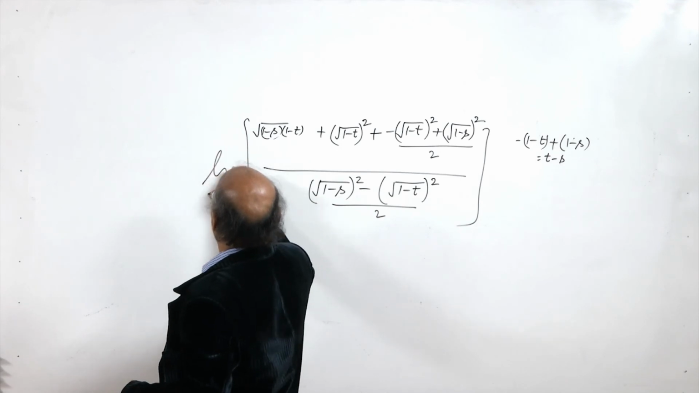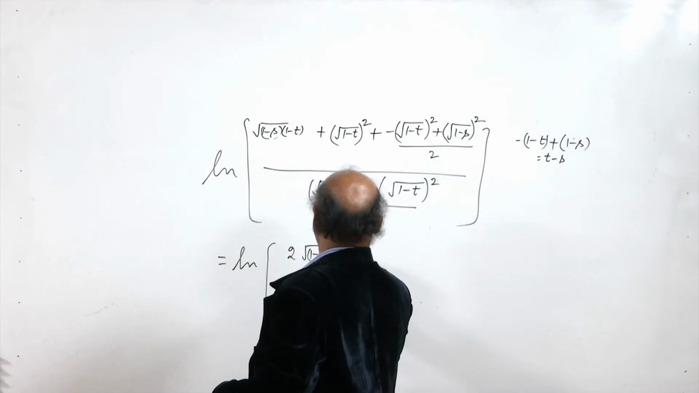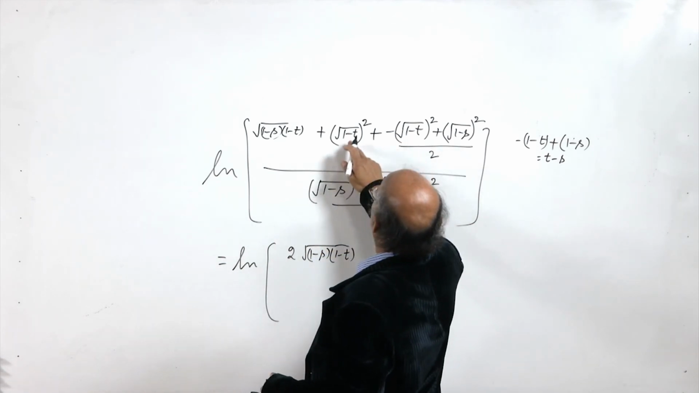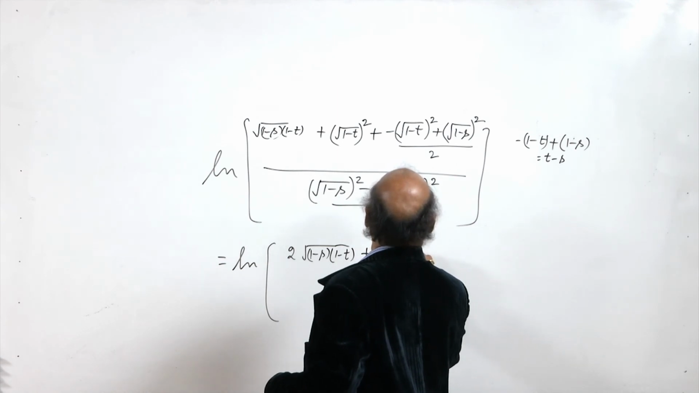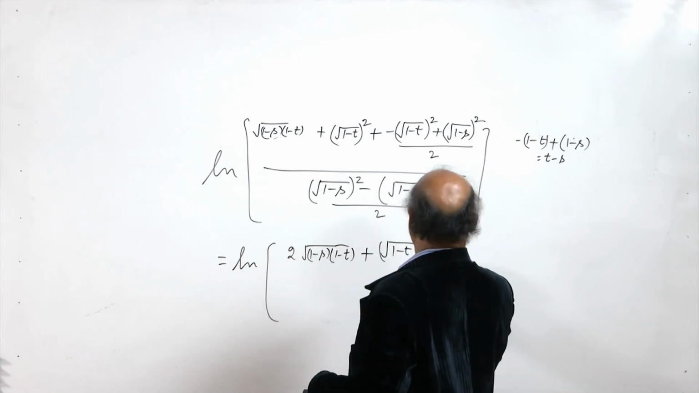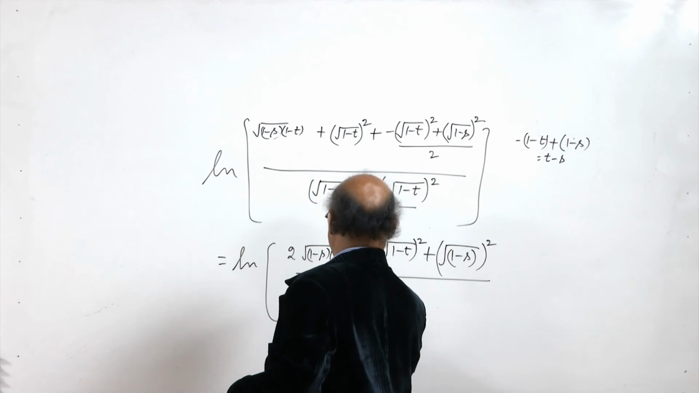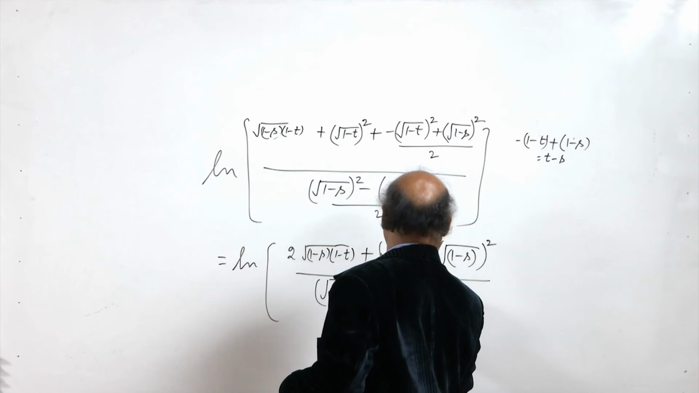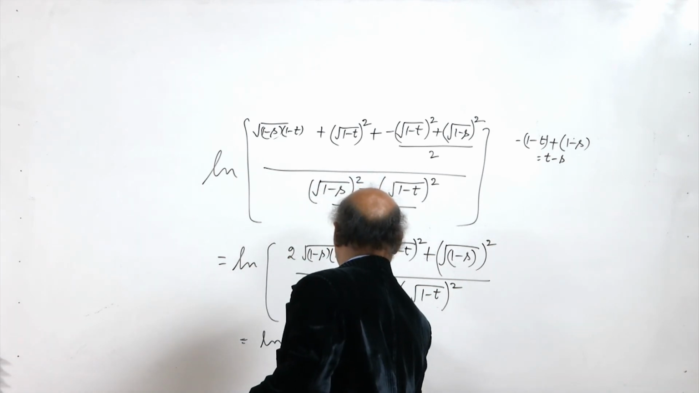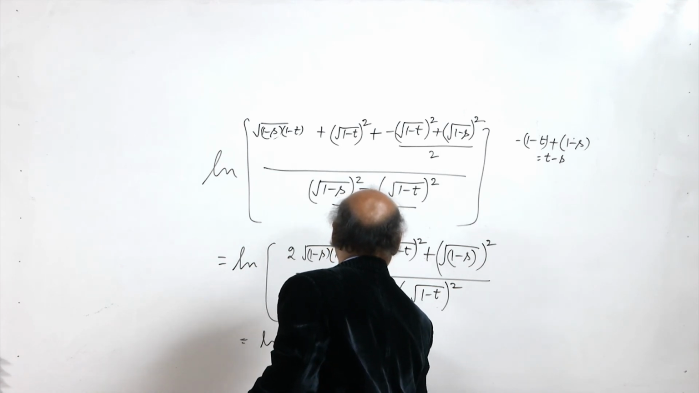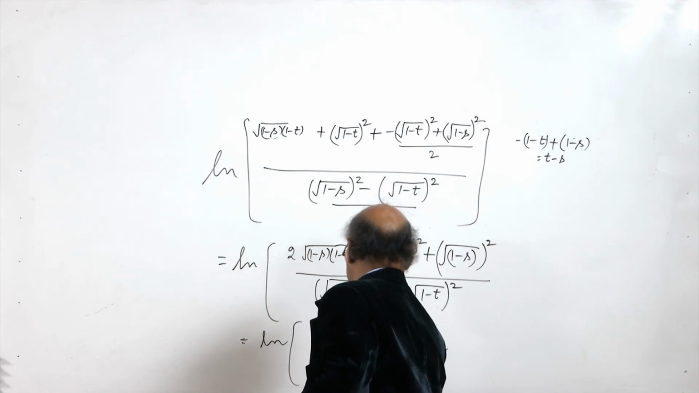So ln of this quantity is equal to ln of, here we can write it as 2 times square root of (1 minus s) into (1 minus t), and this is under root (1 minus t) whole square. From this we are subtracting under root (1 minus t) whole square by 2, so we will get plus sign. So we will have under root (1 minus t) whole square plus under root (1 minus s) whole square, and then in the denominator we will have under root (1 minus s) whole square minus under root (1 minus t) whole square, and now this is ln of under root (1 minus t) plus under root (1 minus s), minus under root (1 minus t) whole square. The numerator can be written like this, and we have under root (1 minus s) minus